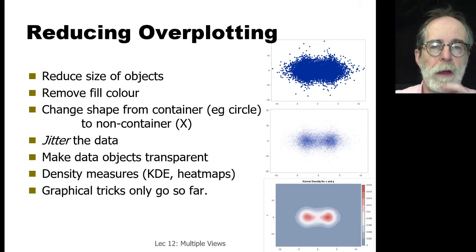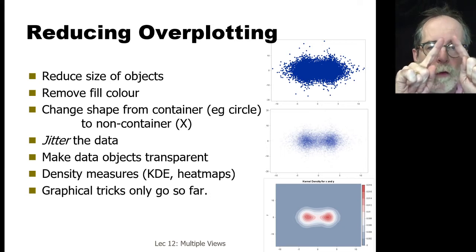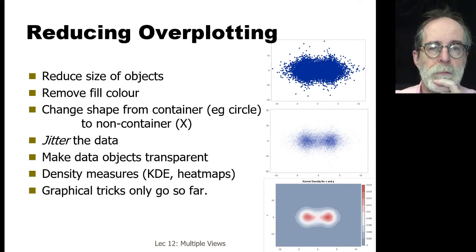This density measures thing is the suggestion, and this is often used as one of the well-known techniques in volume rendering, is to, instead of plotting a single circle which is uniformly transparent across, have instead a circular region which is somewhat opaque in the center, and it falls off smoothly, typically with a Gaussian function or a normal distribution, to completely transparent at its periphery. That's what the kernel density estimation, KDE, thing is about. And that serves, once again, to show you where the points actually are, and at the same time reduce the amount of